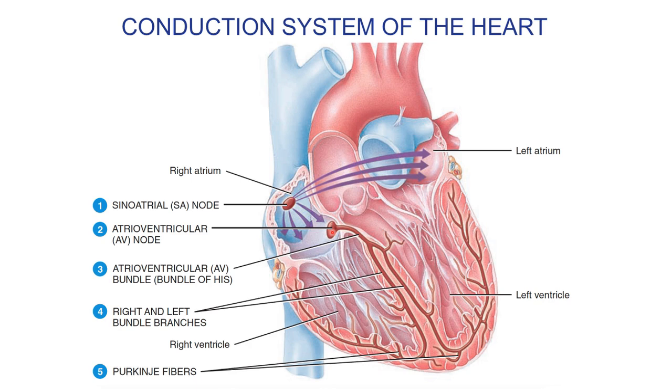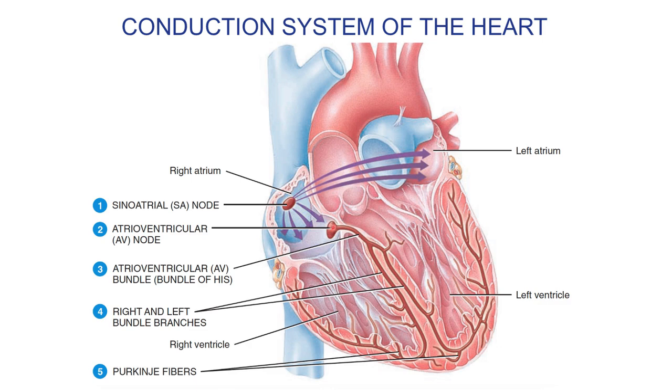atrioventricular node. This is called the atrioventricular node. It is found at the junction between the interatrial septum and the interventricular septum. That's why it is called the atrioventricular node. Now, the information from the sinoatrial node was spread to the left and right atria, and then the action potential was generated and the contraction happened, but again the information will converge into this node here, the atrioventricular node,